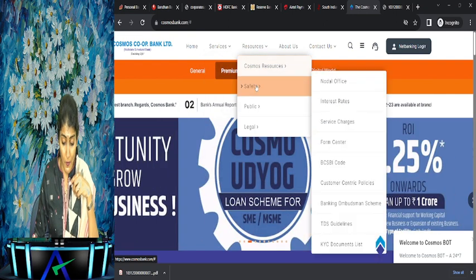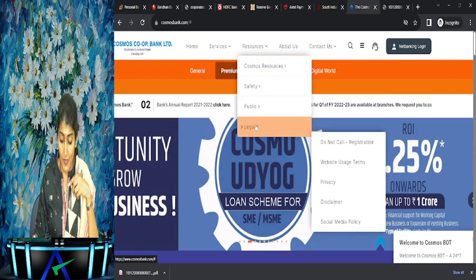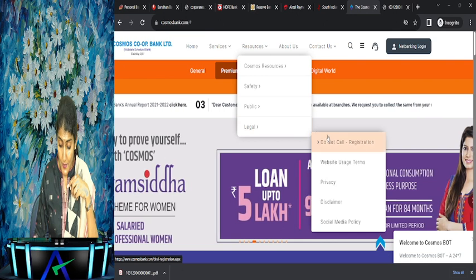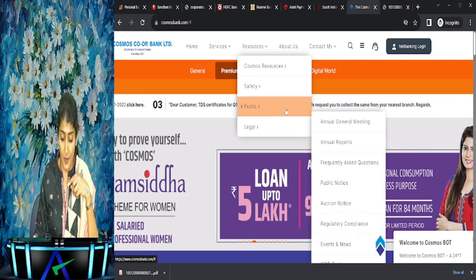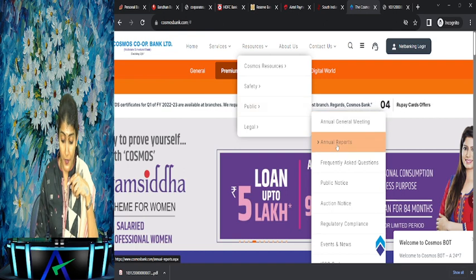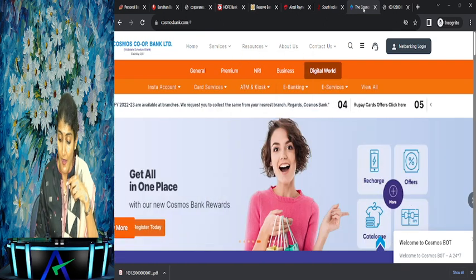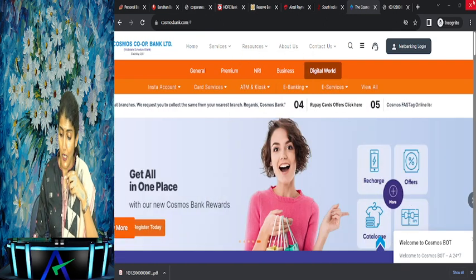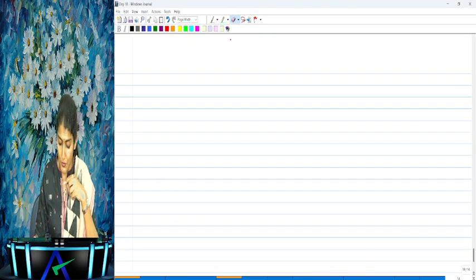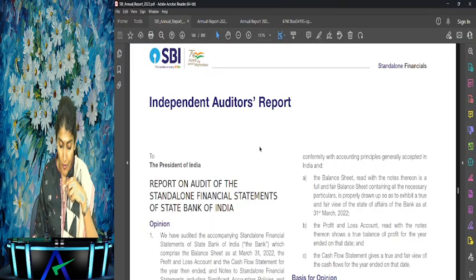Then what are the resources? Safety, right? Then the public, legal, right? Do not call registration, website usage terms, disclaimer, right? Then public policy, that is the public, so AGM, annual reports of Cosmos Cooperative Bank, right? And then obviously apart from that, we also need to look into a few of the annual reports